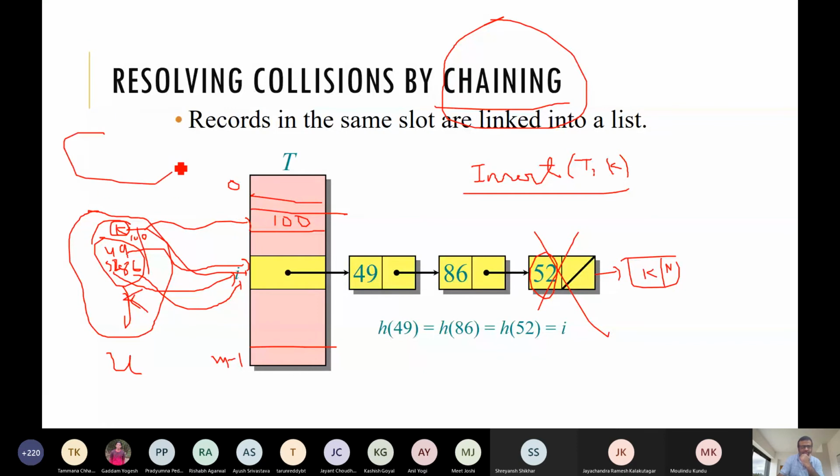Suppose this is our U set and this is our K set of keys, which are mapped by this hash function, and suppose there are n keys, K1, K2, dot dot dot. We have n keys at some point of time, and they are already mapped to this table. Now, can you tell me the time complexity for searching a key, inserting a key, or deleting a key?